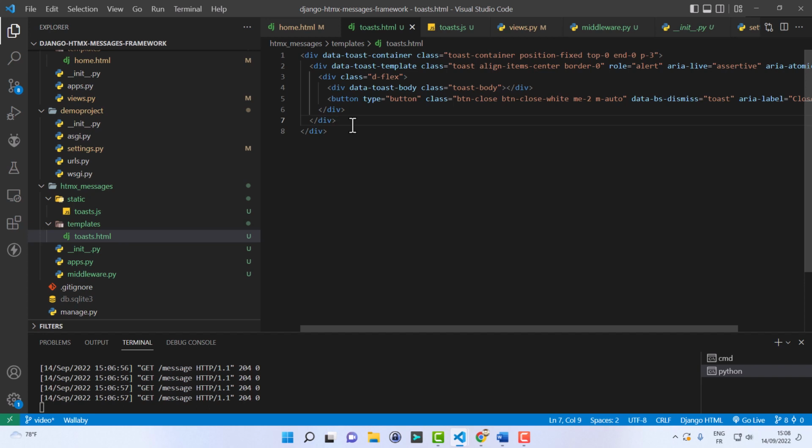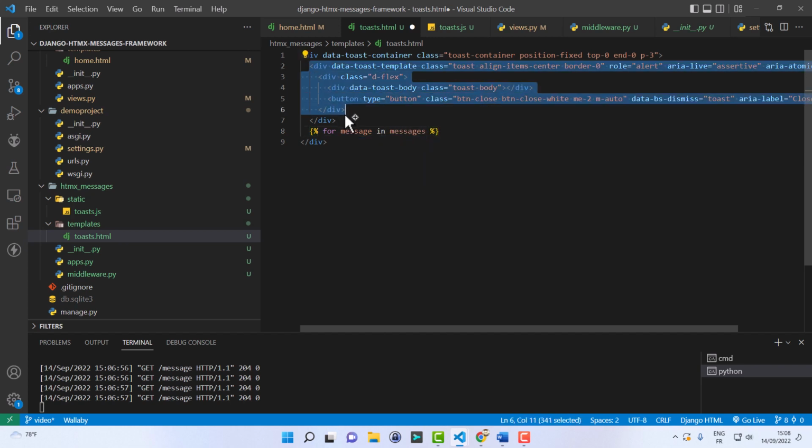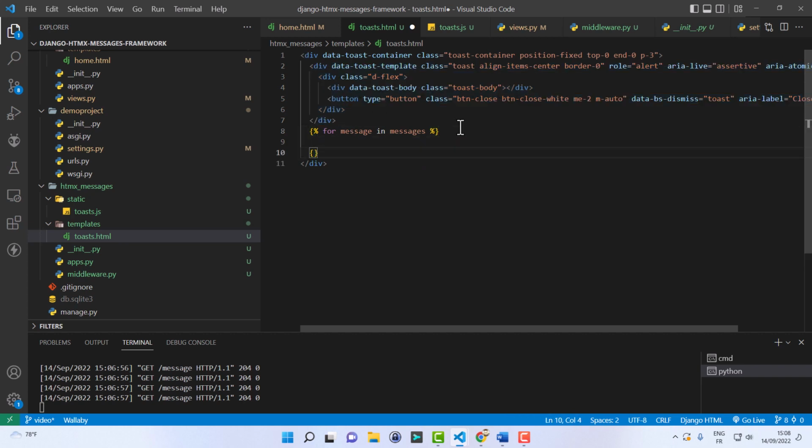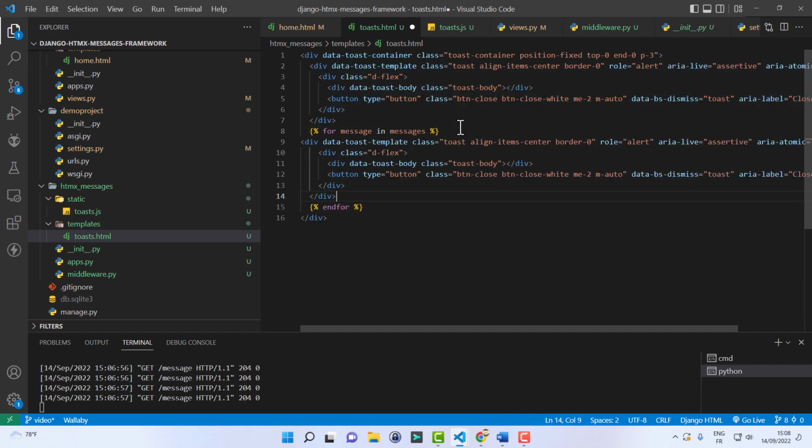Finally, if we want to support both types of messages, the one from classic Django code and the one with HTMX, we have to restore this loop here, messages. So for message in messages, let's take this template, and for, this is not a template anymore.